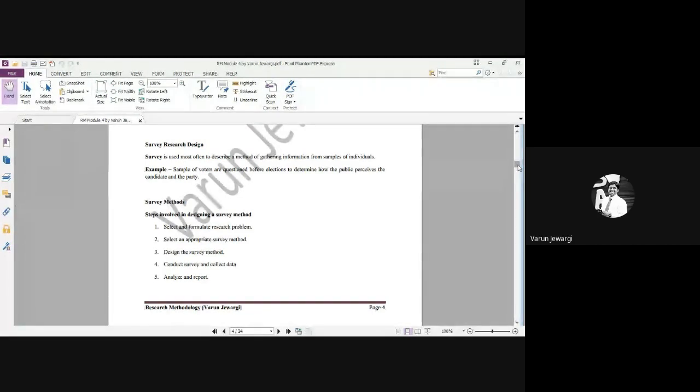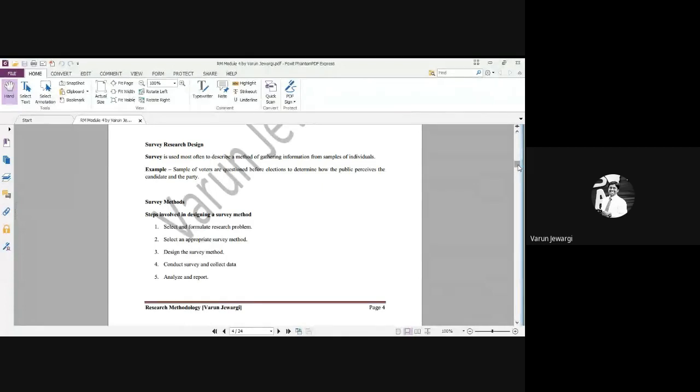Now let's talk about the steps involved in designing a survey method. These steps, which we already studied in the first module, we'll be studying in this module thrice. Again, in the questionnaire we'll be understanding this, and again in module 5 you will come across this, for those who opt for marketing as one specialization. Identify the problem and so on; those things will be bothering you every time. Every time the steps, the answers, the points are the same.